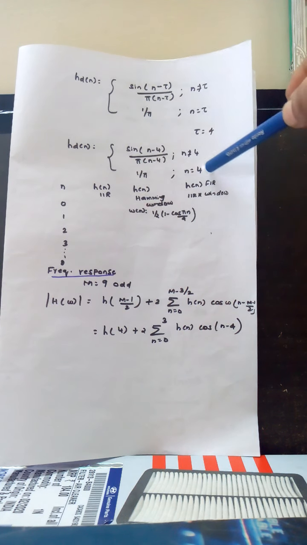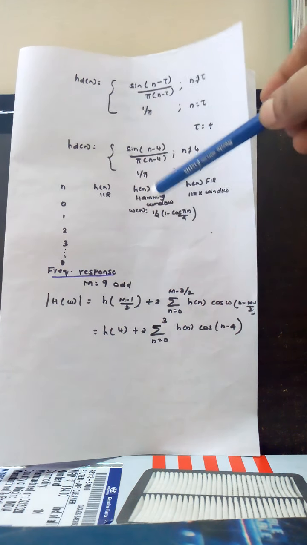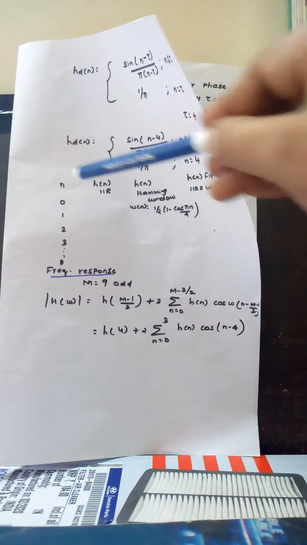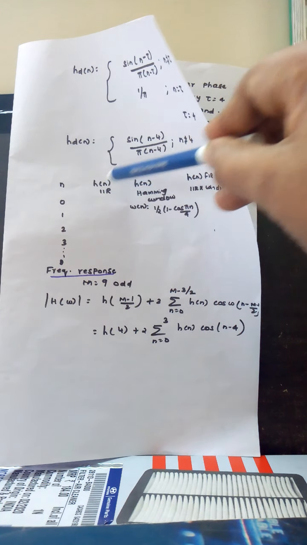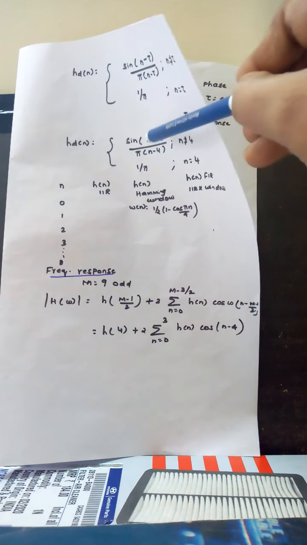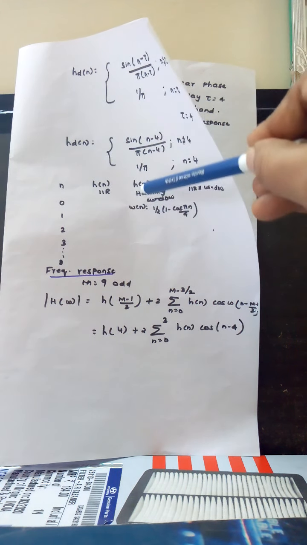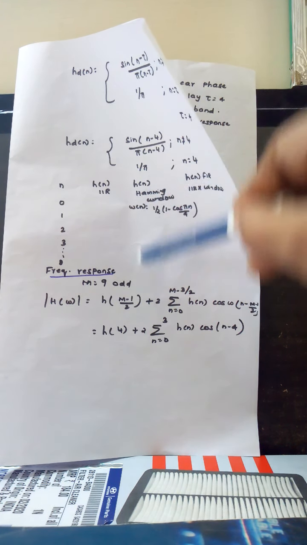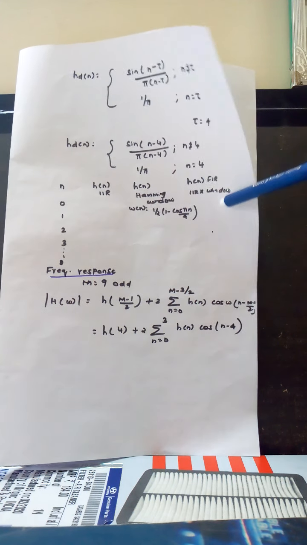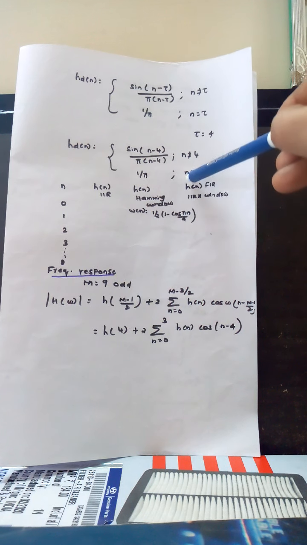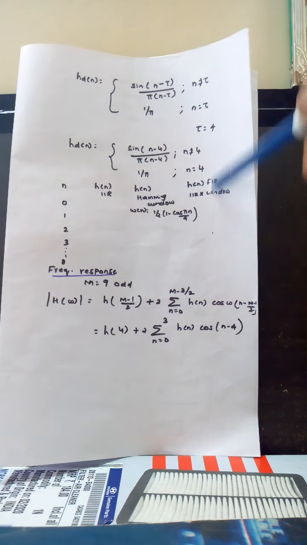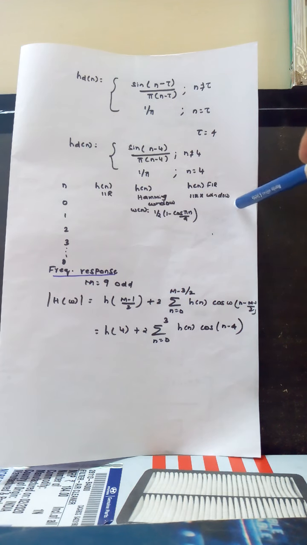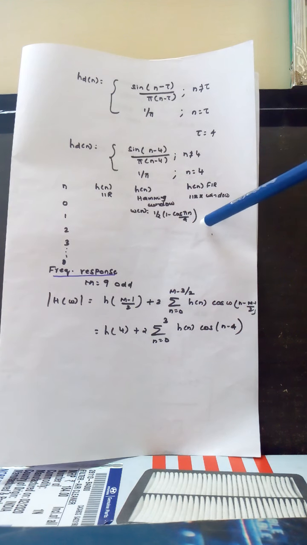Now next we have to convert this h of n into FIR. For that, we got the M value as 9. So n will vary from 0 to 8. If you substitute n as 0, 1, 2, 3 in this equation, we will get all the values. And the window we have chosen is the Hanning window. This is the formula, and if we substitute n equal to 0, 1, 2, 3, we get the values. If I take the product of these two, we get h dash of n, the FIR response, here. It is not necessary to work all this out, we can just show a tabular column, that is also sufficient. And one more thing, they are asking for the frequency response of this filter.